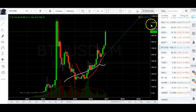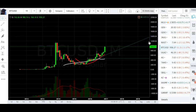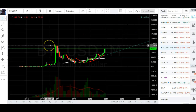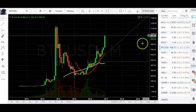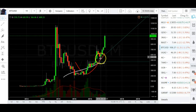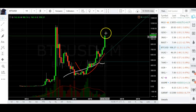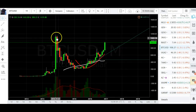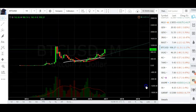Bitcoin. This is on fire compared to all other currencies. Voted best currency of the year, I guess. Gotta take out that double top. But so far on this free market moving little thing, we had a high level pennant. Bam! Came all the way back down into support. Broke previous highs and ran with it. It looks healthy. I don't see any reason why this can't break up our previous highs and make a measured move. If you think that I'm crazy,